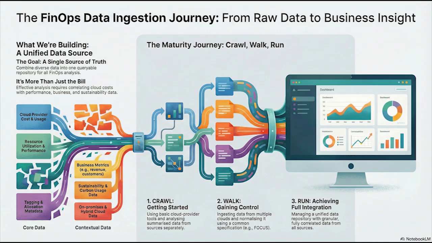Okay, so moving into the walk stage, this is where things start to get more sophisticated. This is where the FinOps team starts building real leverage. Definitely. The walk stage is about true integration. Now you're ingesting resource-level data from multiple clouds, from your utilization logs, from other sources, and the huge leap is that you're actively normalizing your cost metrics. Give me an example of normalizing a cost metric. Okay, think about reserved instances or savings plans.